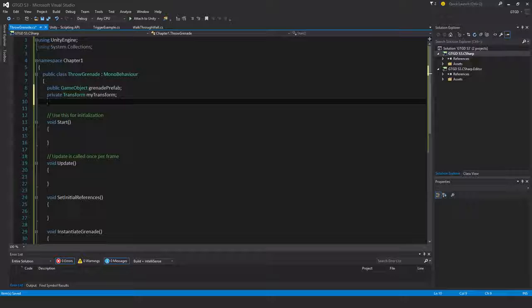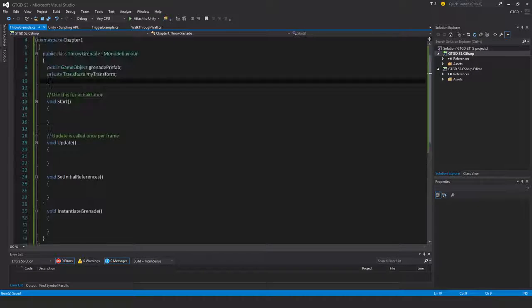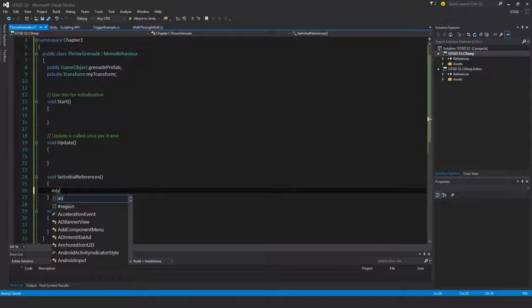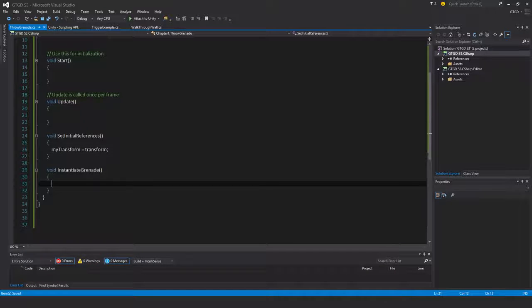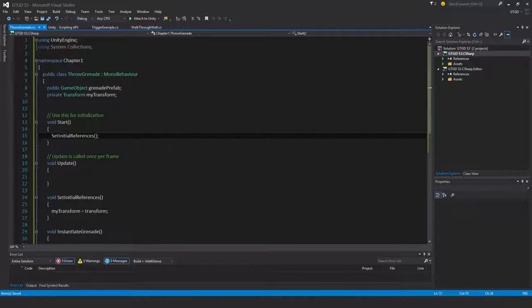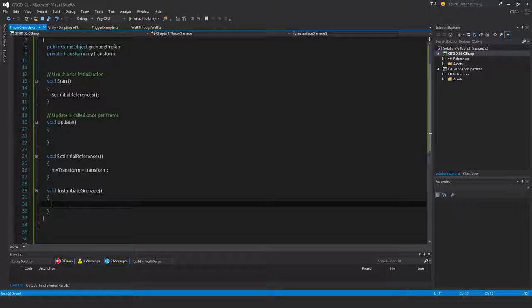Okay. I'm not going to worry about a fire rate for now. No need to. It's fine. myTransform is equal to transform. All right. And then here I will make sure I establish that. SetInitialReferences. Good. So I'll set that reference. Okay. Then here with the InstantiateGrenade,